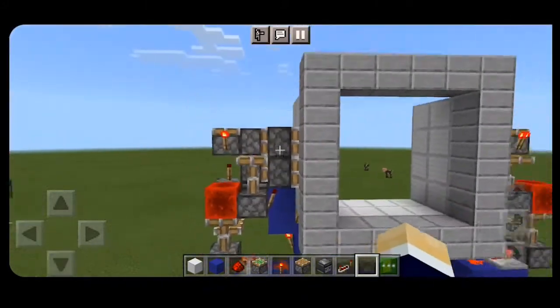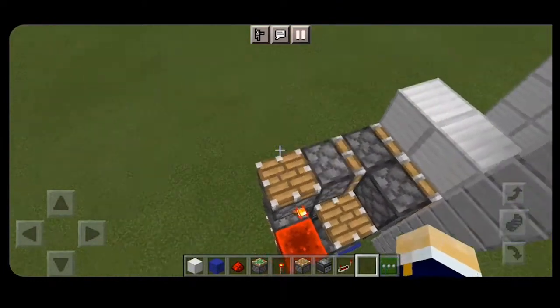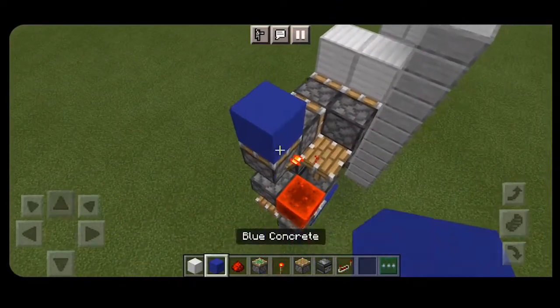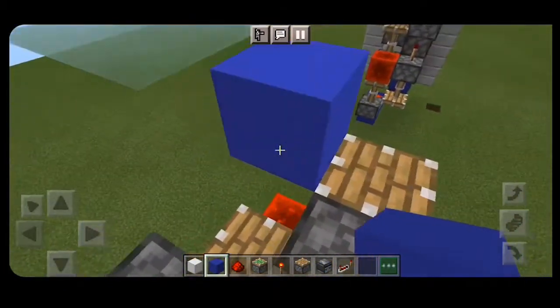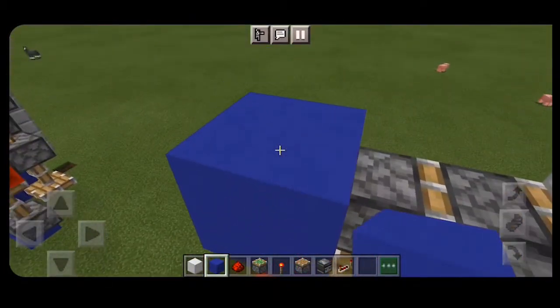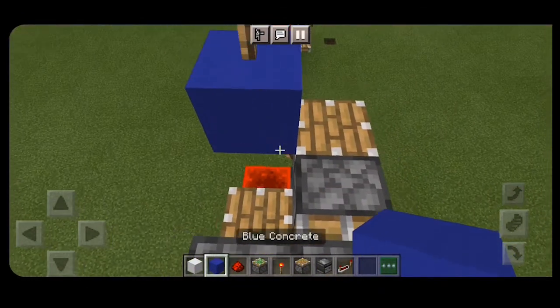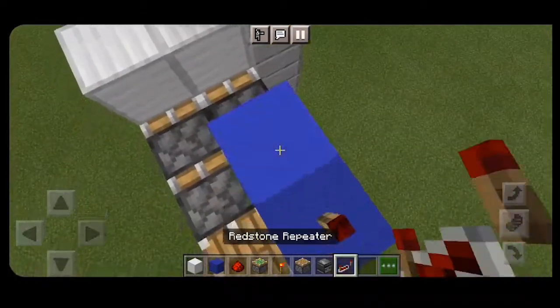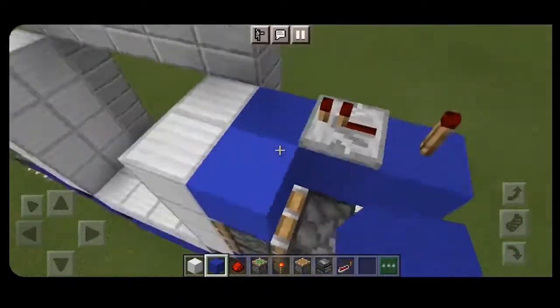And so, like, the piston facing upwards with the torch. And then over here is going to be a double piston extender, the top double piston extender. So on top of the torch, you'll want a block that has another torch on it. Then you want a block with a repeater, and then